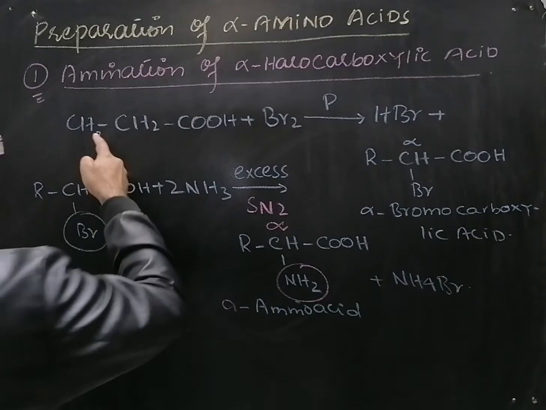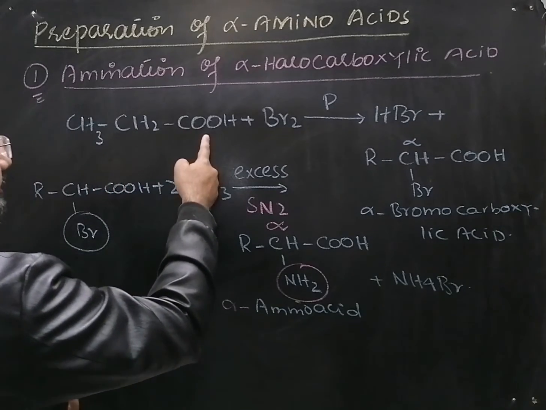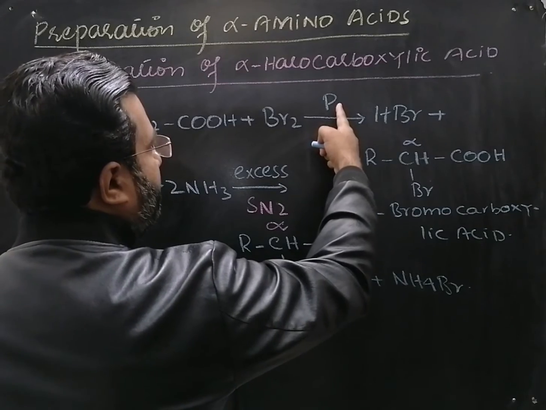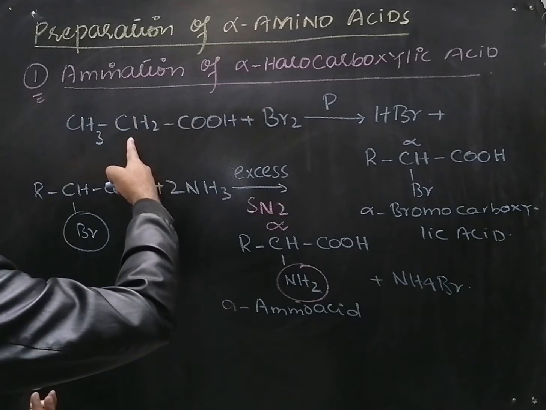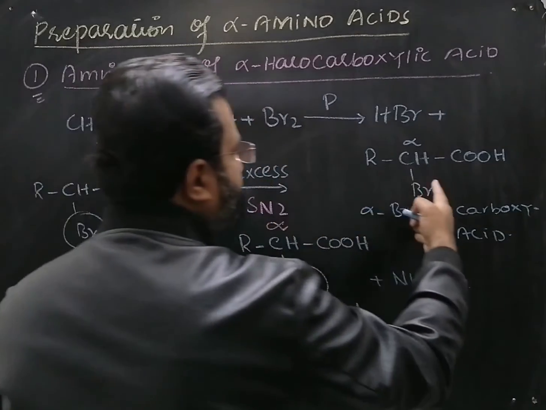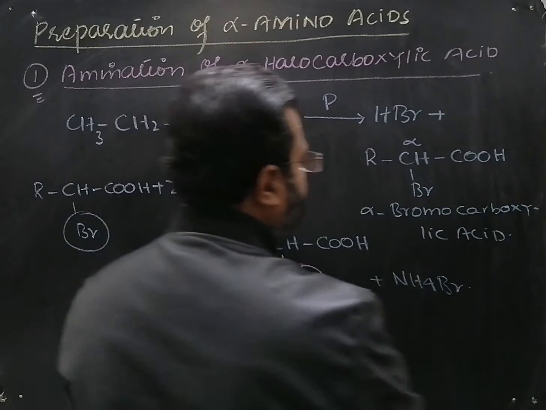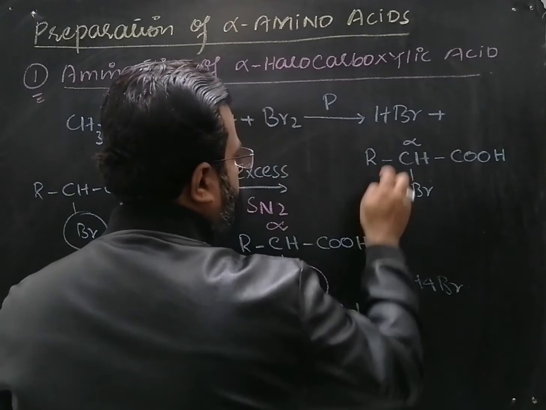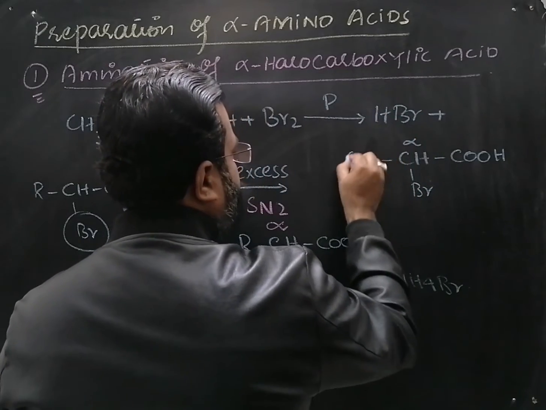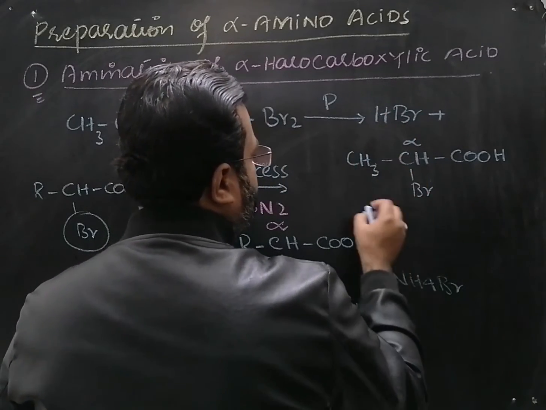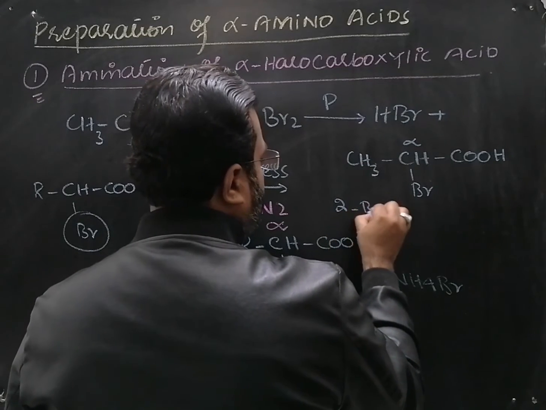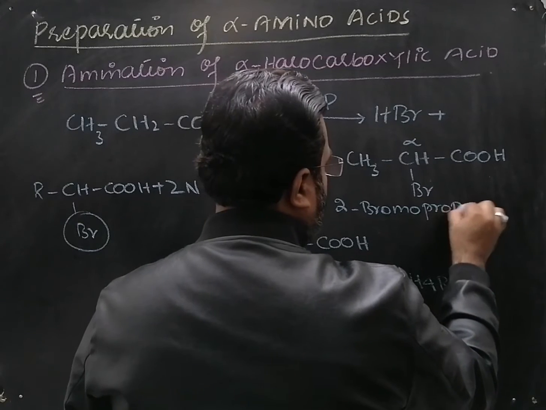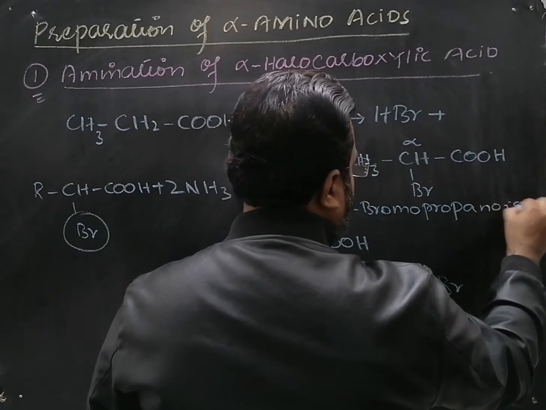Now my dear students, this will be propanoic acid. It will be made to react with bromine in the presence of phosphorus. Again, the alpha hydrogen of the propanoic acid will be replaced with the bromine and you will now get, here again CH3 will be used. So you will get 2 bromo propanoic